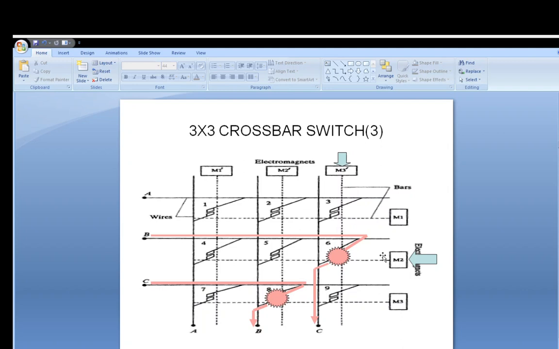What was applied on that disadvantage of the crossbar? Suppose in this case when B is calling subscriber C, that means when B starts calling, line B will be energized, and when the exchange sets up the connection to C, then vertical line C will be energized. That means the switch at point 6 will be energized and connected, and the call will be possible between subscribers B and C.